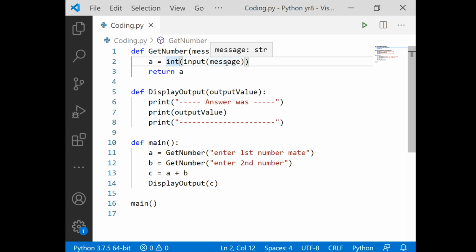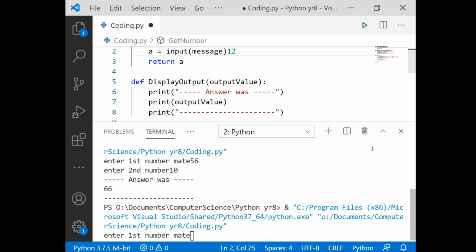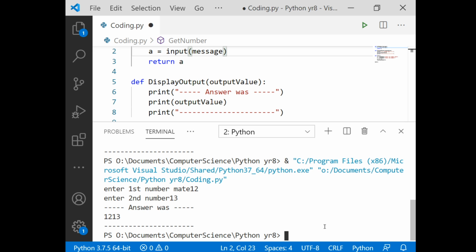I don't have to hunt. So if I get a fault, let me do this. Let me get rid of that and see what happens when I run it. Hopefully I'll get an error. Oh, hang on. If I go to the output window. That was that thing that we had the other week.